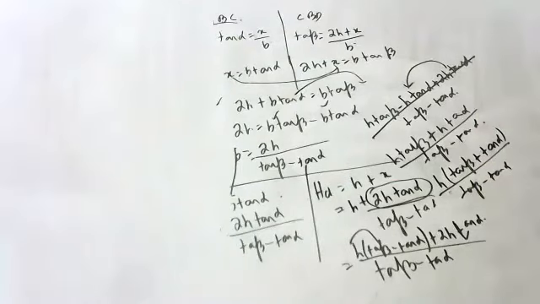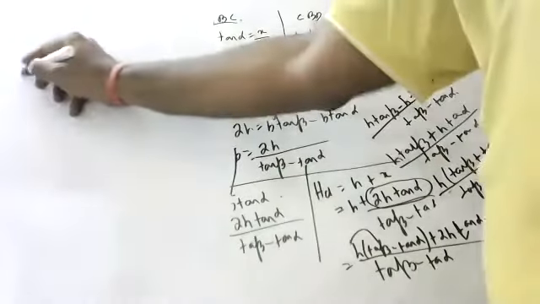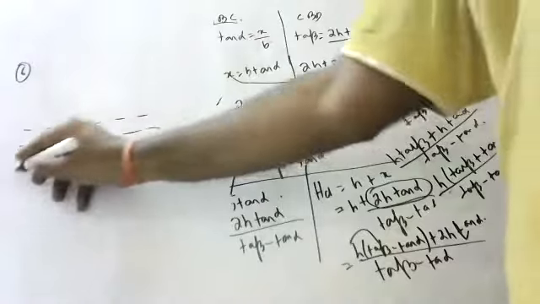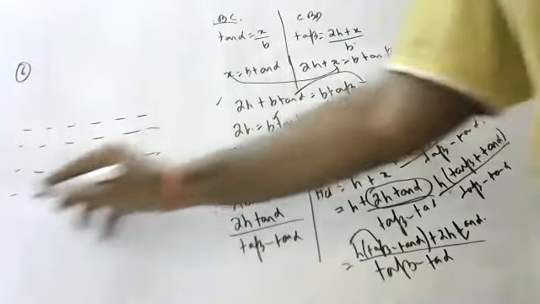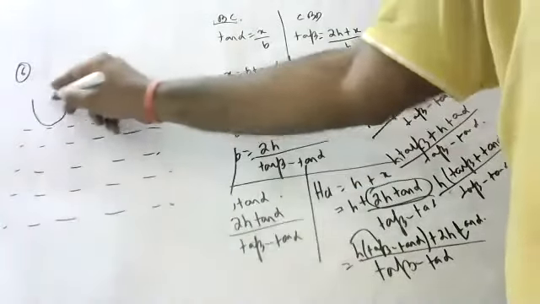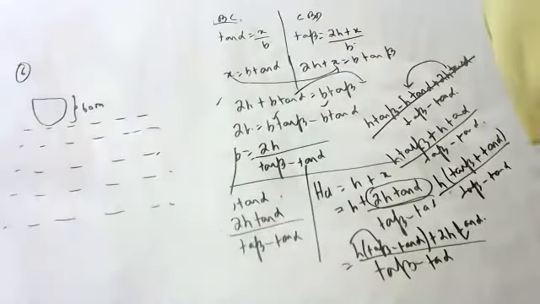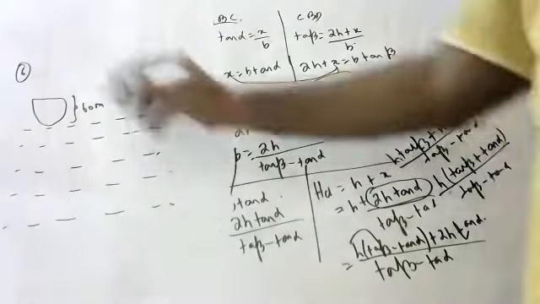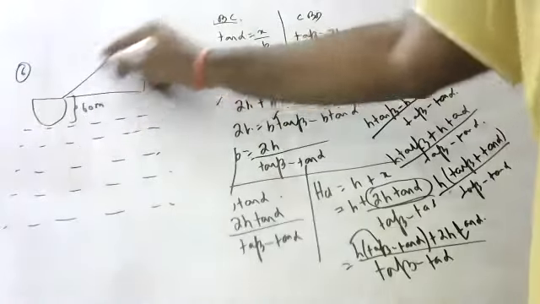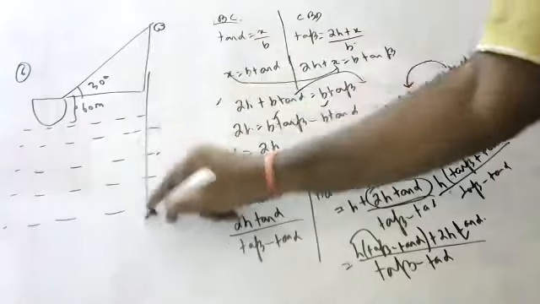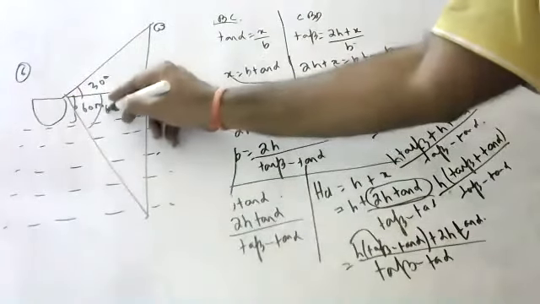The angle of elevation of a cloud from a point 60 meters above the lake is 30 degrees, and the angle of depression of the reflection of the cloud in the lake is 60 degrees. Same application of this only, children. He's seeing the cloud at 30 degrees, and he's seeing the reflection at 60 degrees depression.